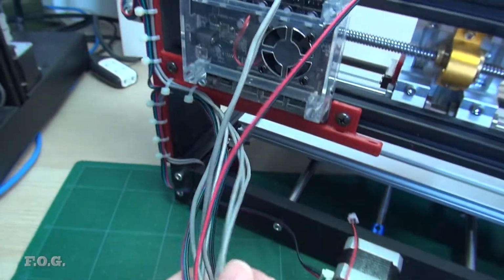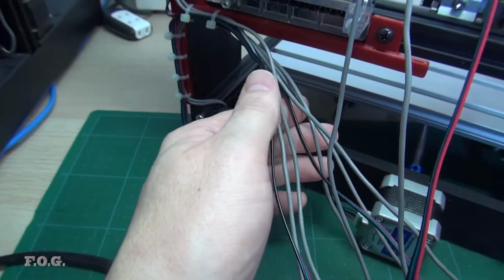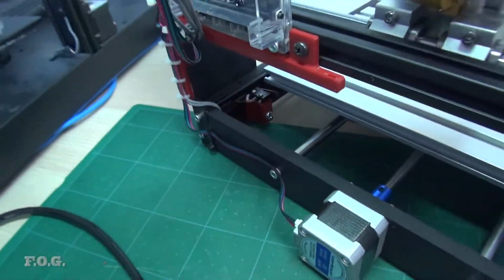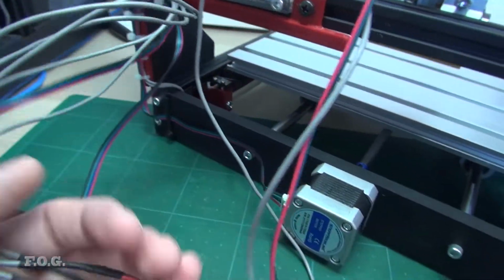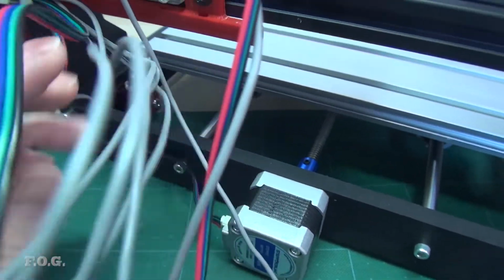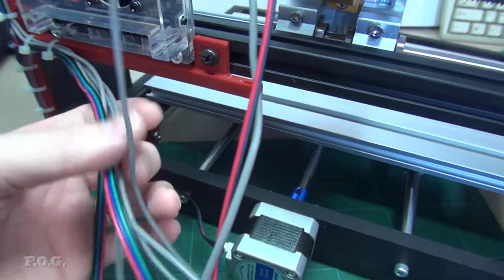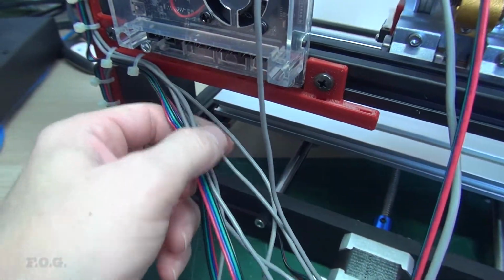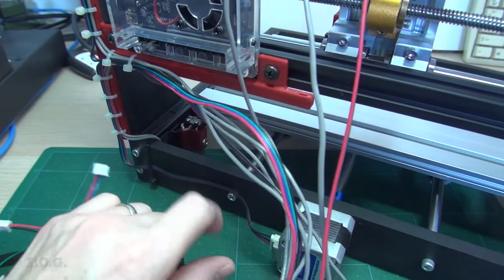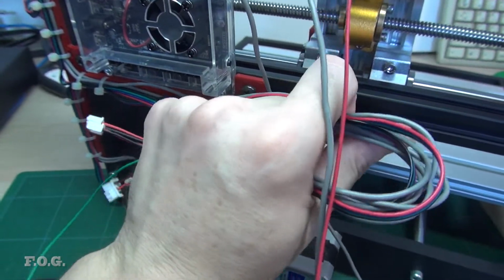So back to the topic of what do I do with all these cables. Well, a younger and less wise version of me would just chop all these off and connect them directly by the shortest possible path. But as you can see here, I've left quite a long loom, and obviously I've done that because the wiser and older version of me knows that things change, and if you want to move something a little bit and you don't have any ability to have a bit of extra cable, then you're pretty much struggling all of the time. So advice to you young'uns, leave your cables long and then tie it off somewhere and feed it back to your connection. But obviously this is going to look ugly in a big bunch here, so what I've done is